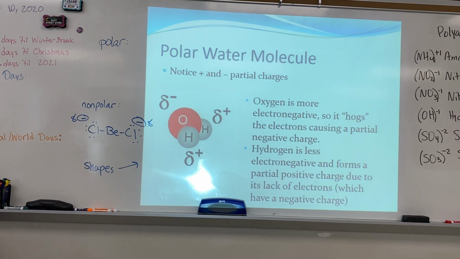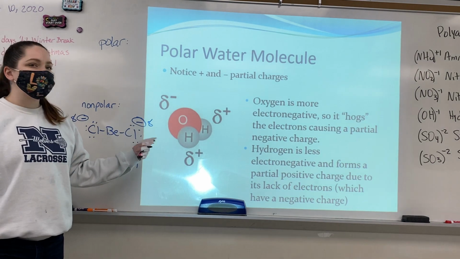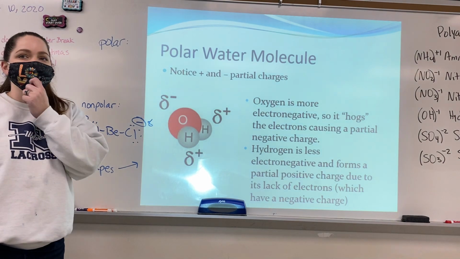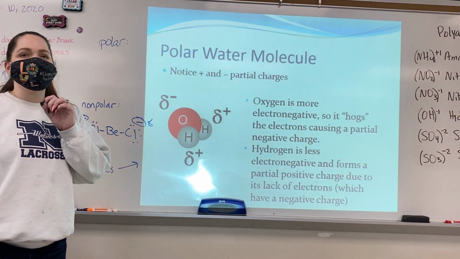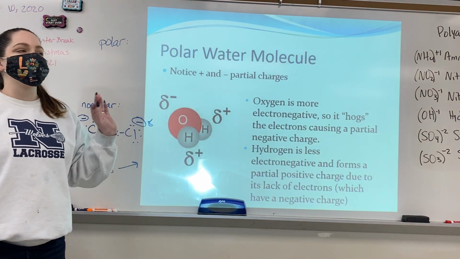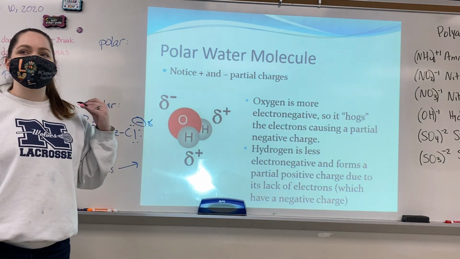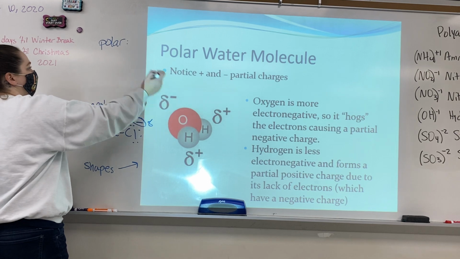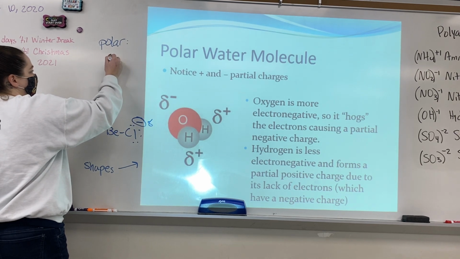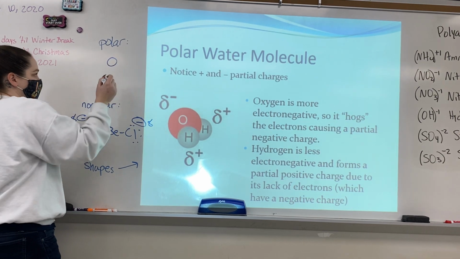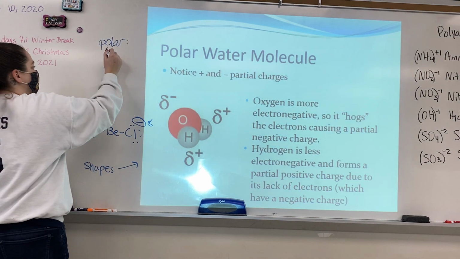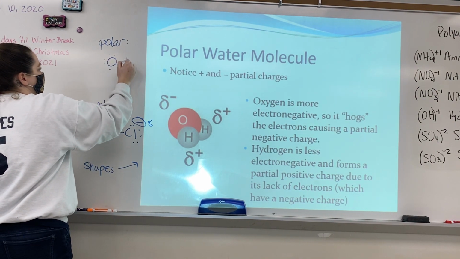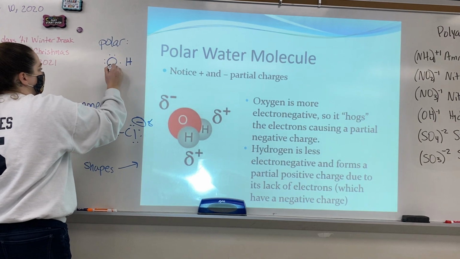Okay, so now let's look at a polar substance. Water is a great example of a polar compound, and next semester we will have a whole unit on the unique properties of water because it is polar. Looking at our water molecule, we have oxygen in the middle. Oxygen has 6 electrons, so 1, 2, 3, 4, 5, 6. And then it has 2 hydrogens that also have 2